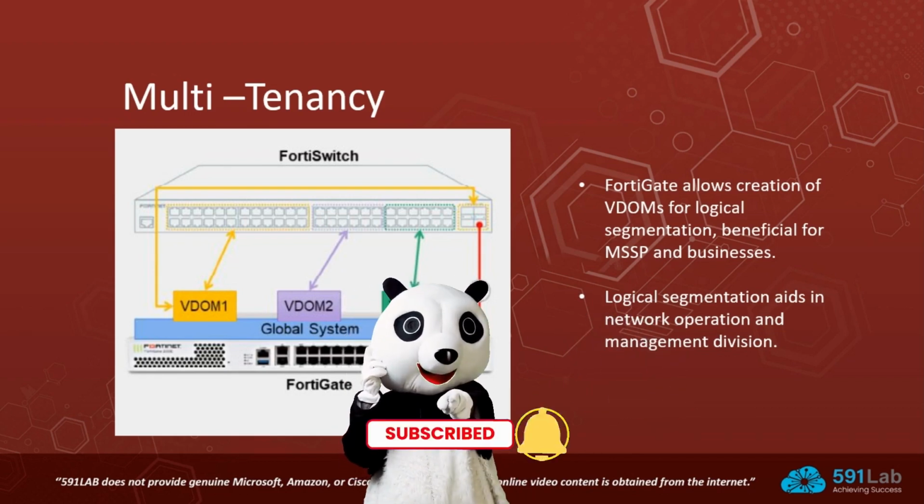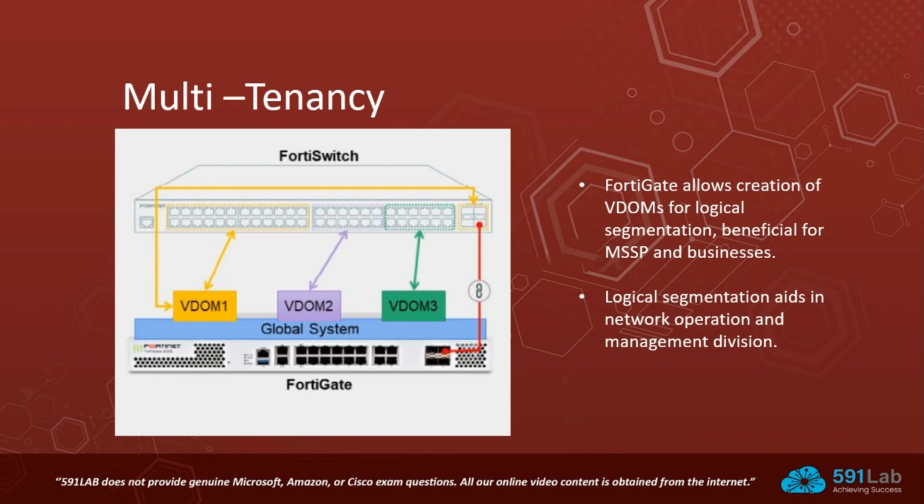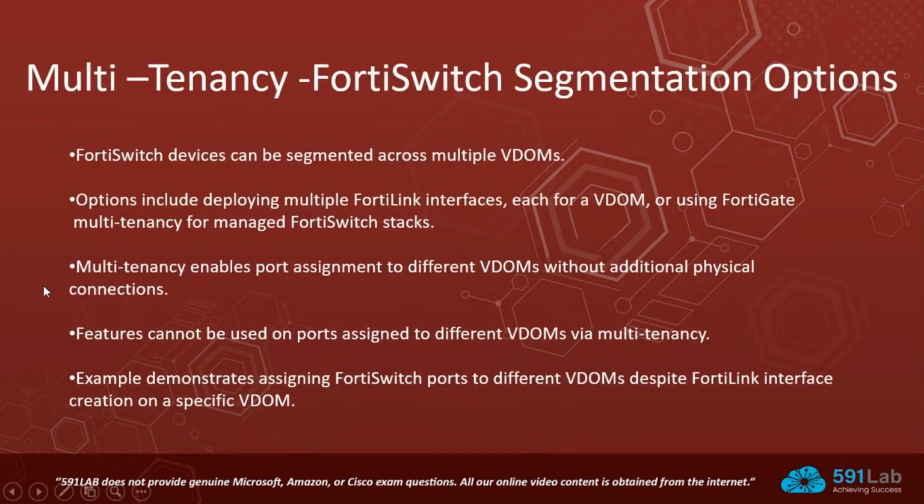Assume you want to segment FortiSwitch devices across multiple VDOMs. One option is to have a FortiLink interface per VDOM. This approach requires you to deploy multiple FortiSwitch stacks, each of them with a separate physical connection to the VDOM FortiLink interface. A more cost-effective option is to use the